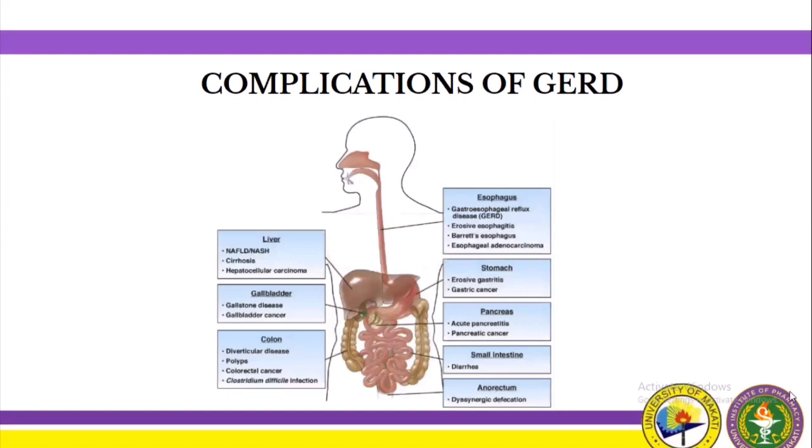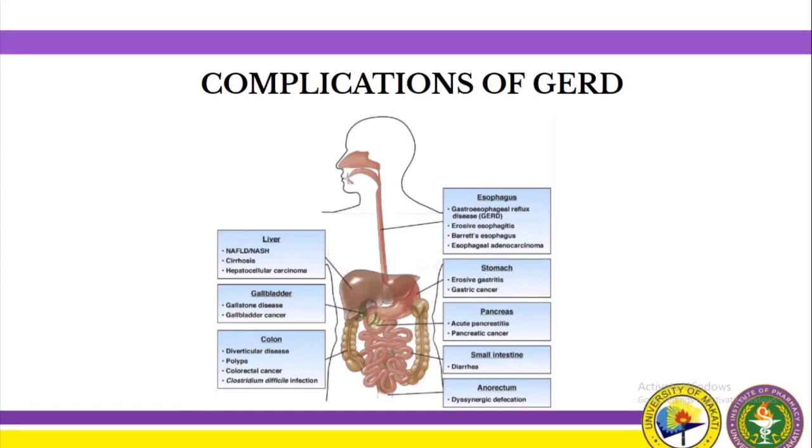Next are the complications of GERD. In the esophagus, we have GERD, and next is erosive esophagitis, Barrett's esophagus, and esophageal adenocarcinoma. So if a person already has GERD and it worsens, it can lead to erosive esophagitis, and so on and so forth, like Barrett's esophagus, and then the most severe of these is